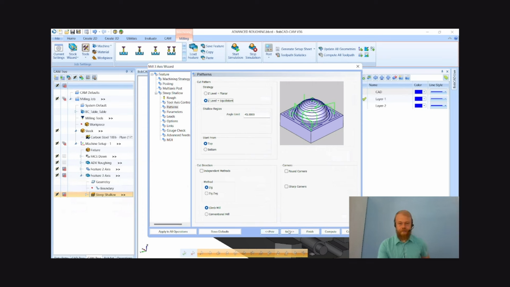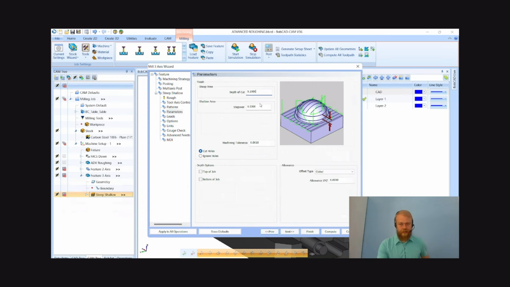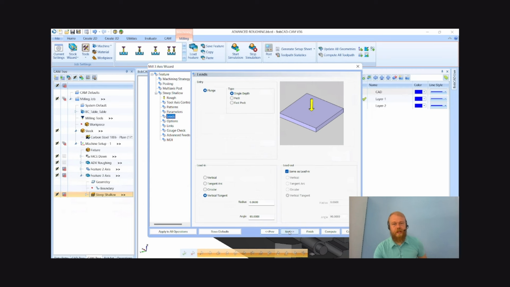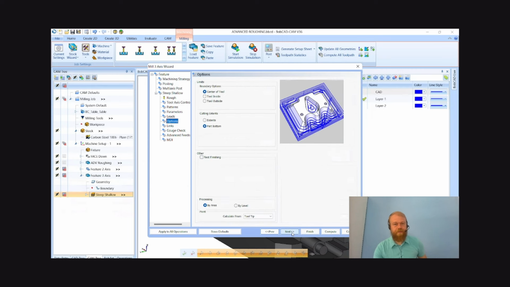setting our depth of cut and step over settings there. I'm going to maybe divide it by 2 to make it look a little better there. In simulation, we're setting the allowance to 0 because we're not doing an additional finish pass there. We're just going to plunge down in with the finish operation,